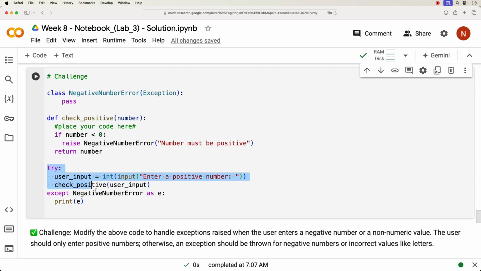Then I'm going to come down to the try and except blocks. Okay, so in the try, I'm basically going to prompt the user to enter a positive number. If they enter a positive number, then everything's going to run correctly. If they enter a negative number, then when we come to the function call using a negative number, it's going to go up to this function, and then if the number is less than 0 because it's negative, yes it is negative, then it's going to raise this negative number error exception,